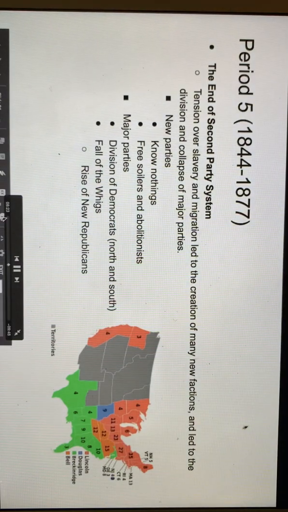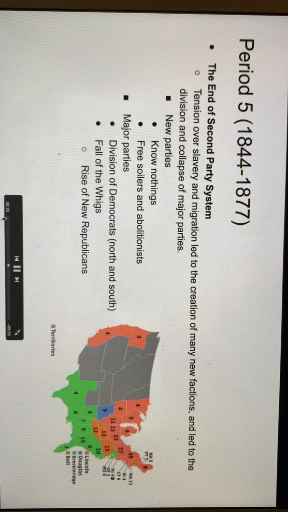From 1844 to 1877, there were major political changes, including the tension over slavery and migration, which led to the creation of many new factions and led to the division and collapse of major parties, known as the end of the second party system. The second party system consisted of Whigs and Democrats, which, due to these new issues, old issues, but continuing issues, caused the downfall of the Whigs and the creation of the Republicans, as seen in Lincoln's